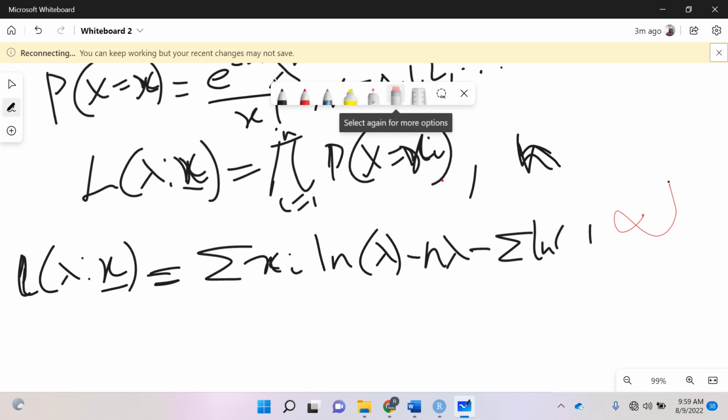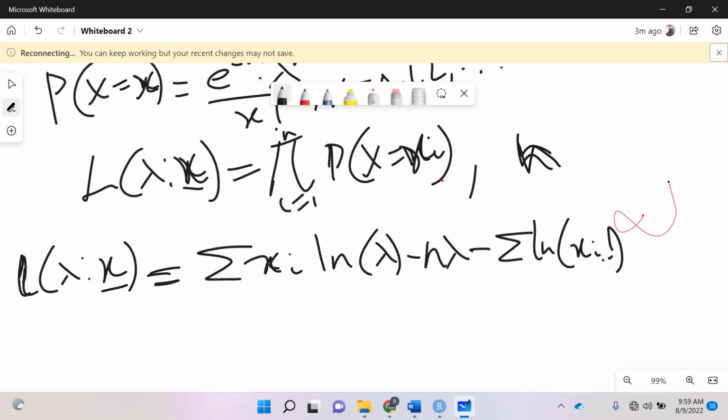Actually, each of these should have i, so xi factorial. Now, if you look at this, remember that in your estimation class, the theoretical classes,